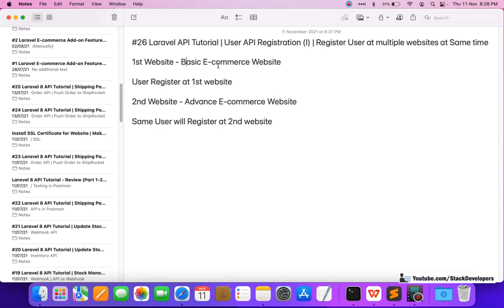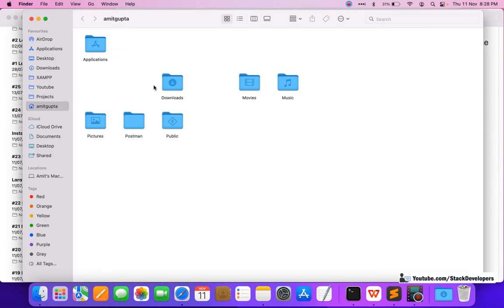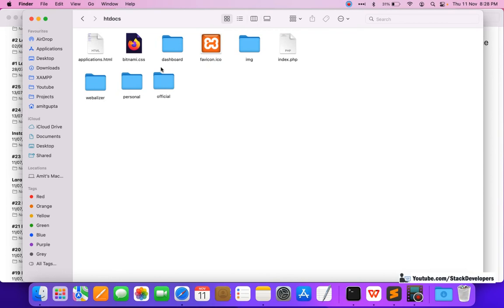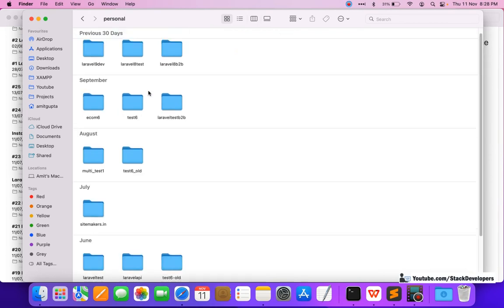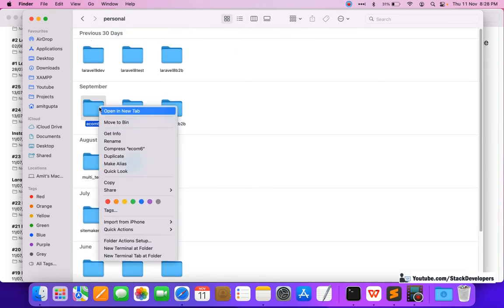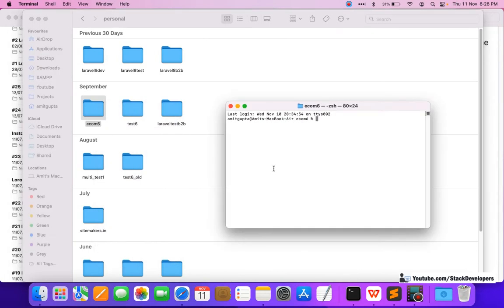For the first time, we are going to run both e-commerce websites side by side. I am using the Mac operating system, so to run the project I right-click on the project folder and choose new terminal at folder. This is our advanced e-commerce series that I want to run with php artisan serve.